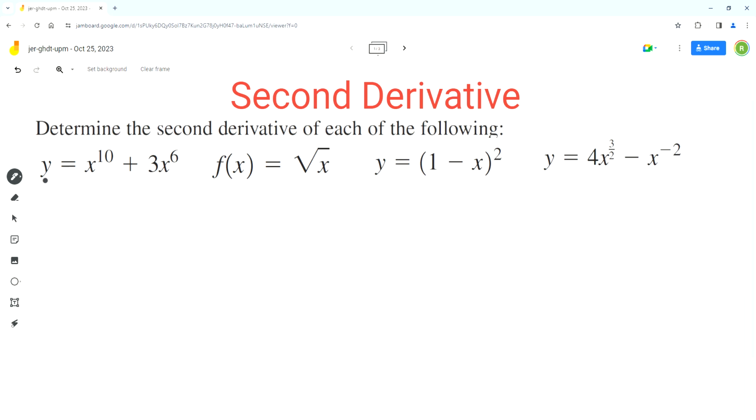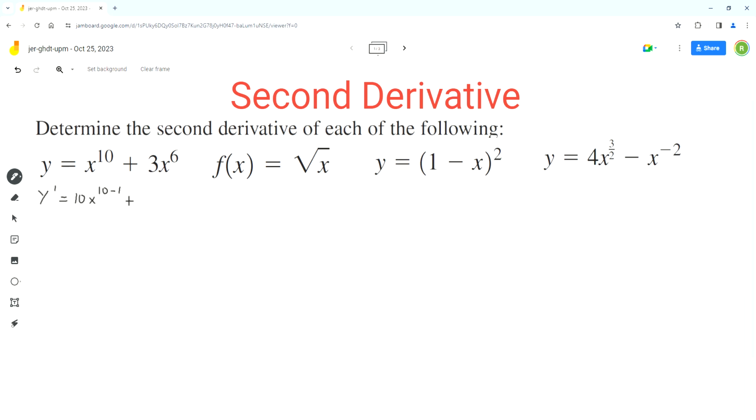So it is y equals x to the power 10 plus 3x to the power 6. Now the first step here is to find the first derivative, which is equal to y prime. So we have to find the derivative of the two terms on the right side. So the derivative of x to the power 10 can be found using the power rule. So we'll move the exponent to the front and we'll subtract 1 from 10